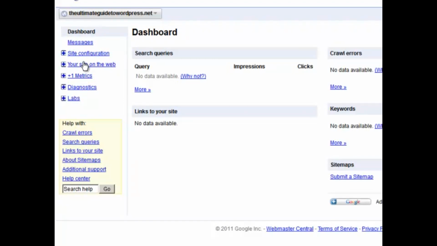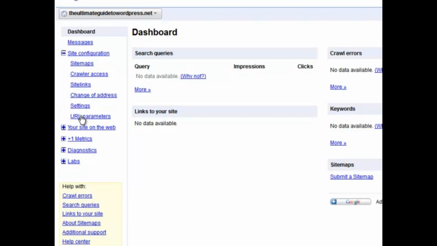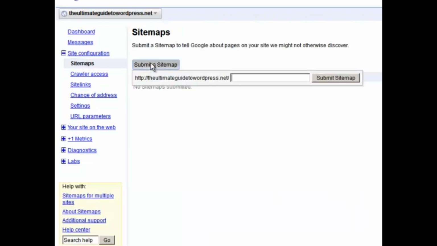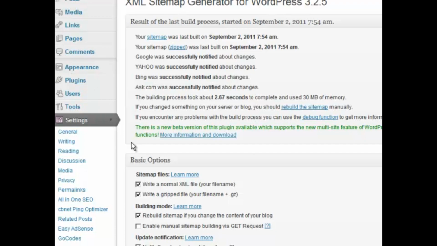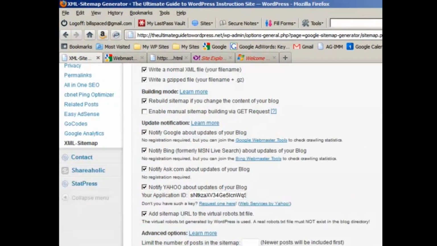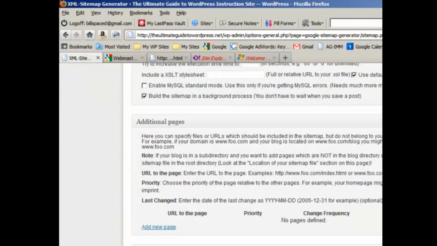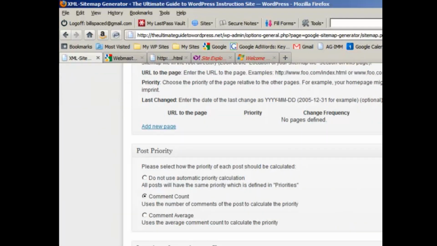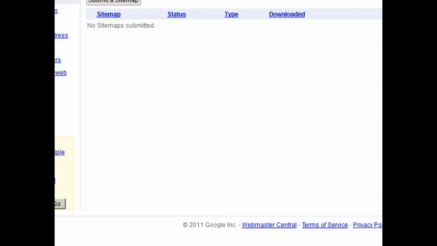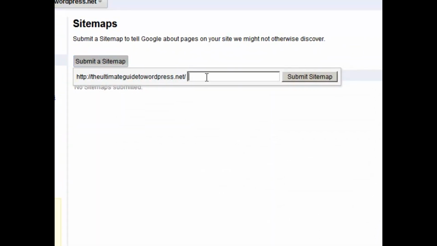And what you want to do next is look at all these options. This is not a course in how to use Google Webmaster Tools, so don't get too excited. I'm not going to explain all of this stuff in detail. But what you can do is click on Sitemaps and submit a sitemap. And then if you go back here, you'll see the address of your XML sitemap is right here. So just copy that. Go back to Webmaster Tools, submit a sitemap, paste it in there, click the button,